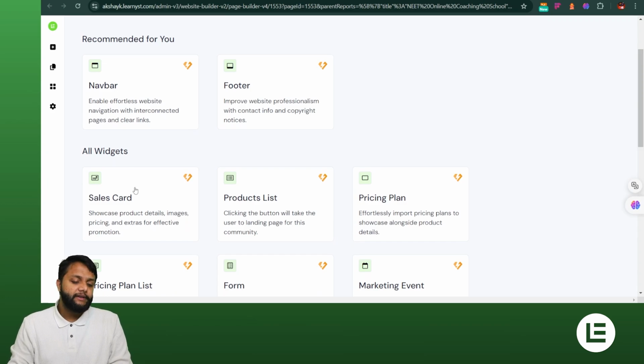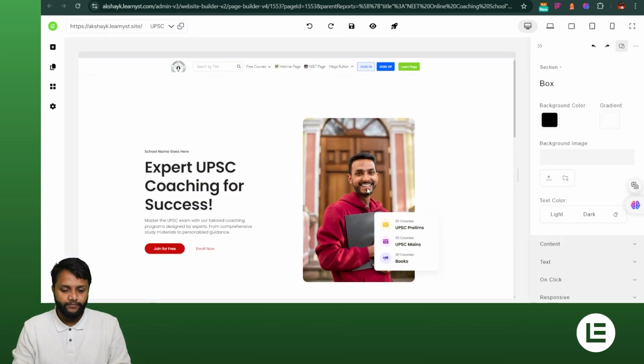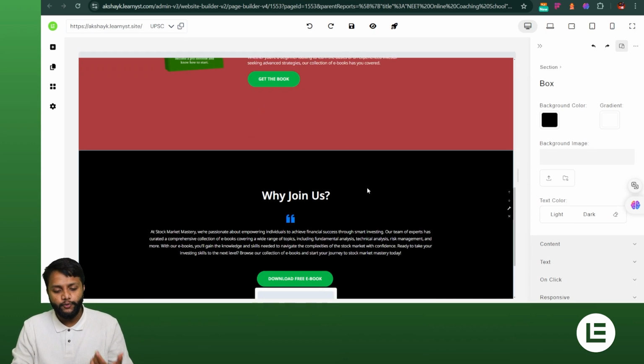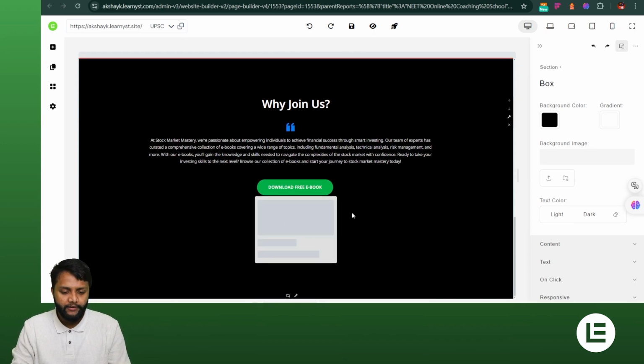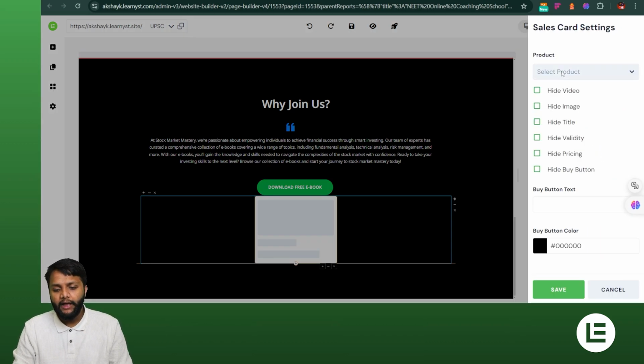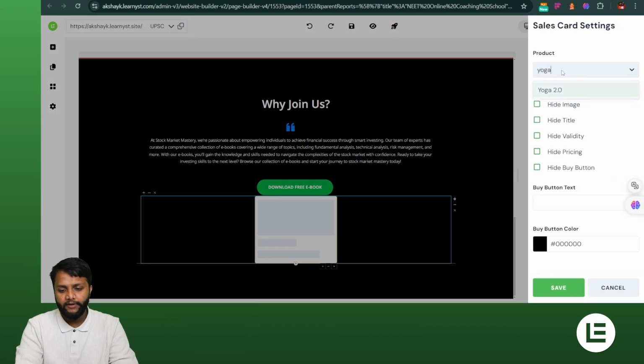Now first let's select the sales card option. Sales card is basically a single listing of a particular course which you want to show in a particular template, like this. Since it is directly connected with the LMS, you just have to click here and it will ask you to connect with the LMS. If I click here and select any of my products, for example this one,